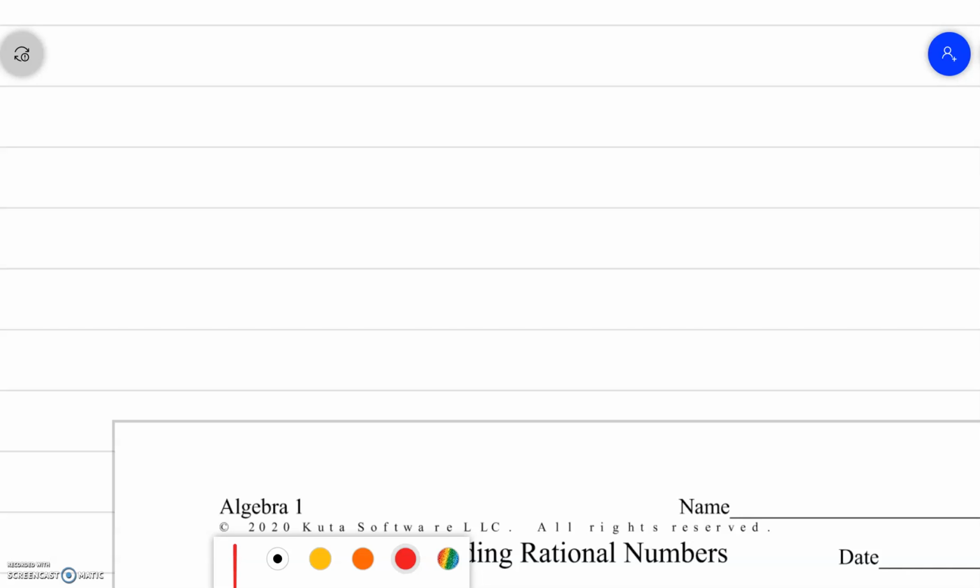Good morning, mathematicians. Today we are going to be talking about multiplying and dividing rational numbers, and more specifically fractions. So when we multiply fractions,